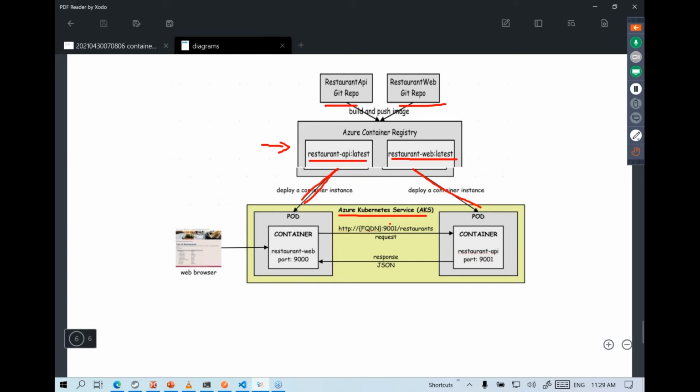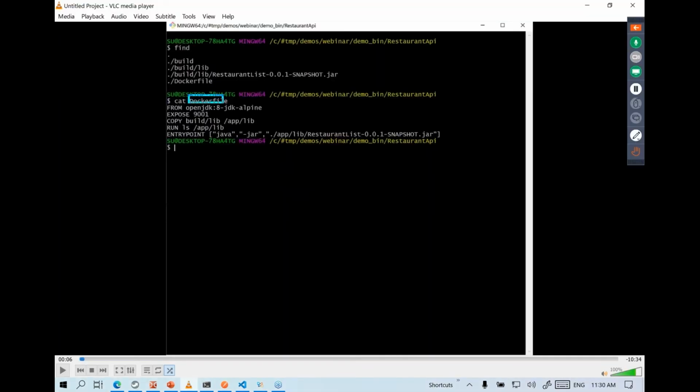I'll talk about that in just a bit. So coming back to this point, each application will contain your actual source code. You will be responsible for compiling it, and then you will be responsible for packaging it by creating this Dockerfile script. And typically each Dockerfile script looks something like this.